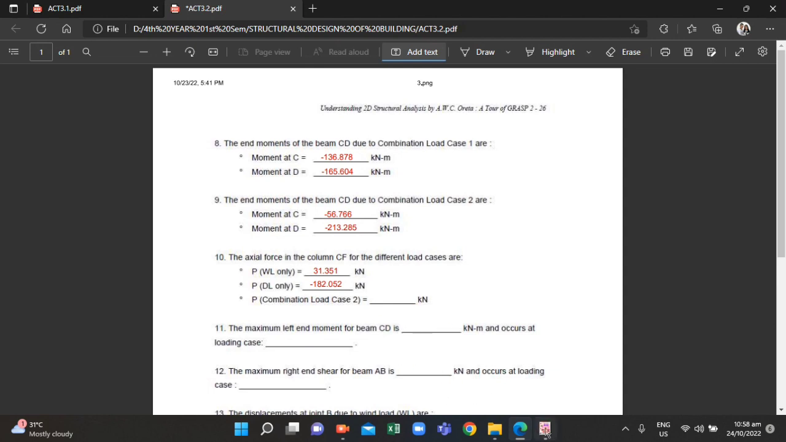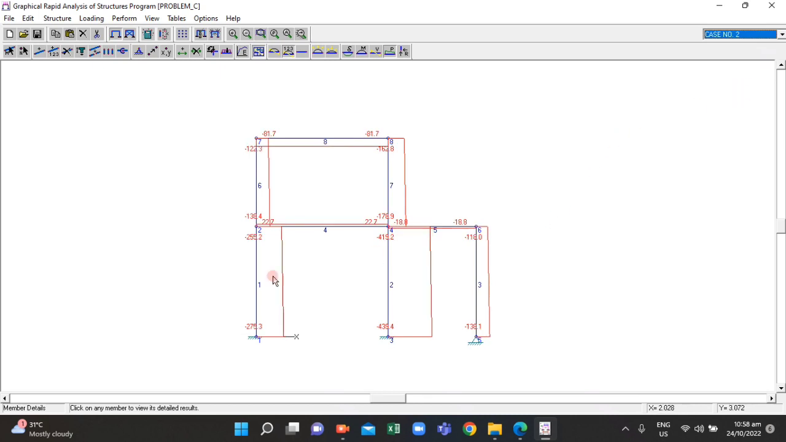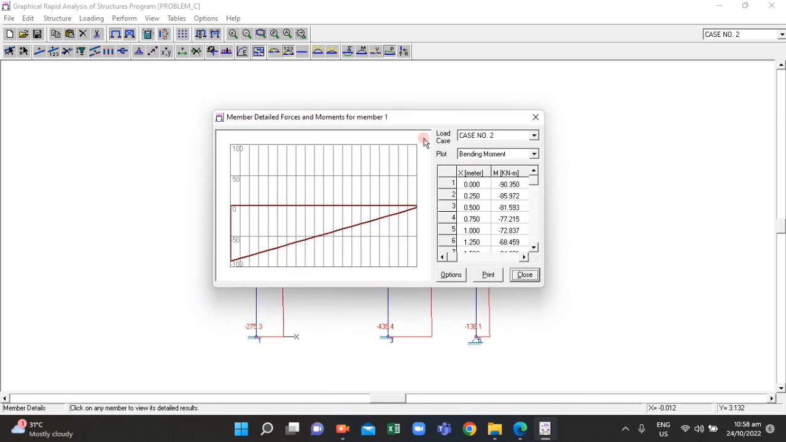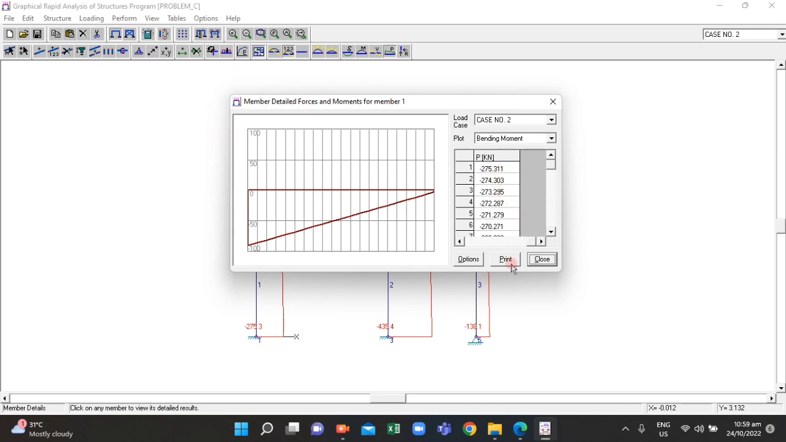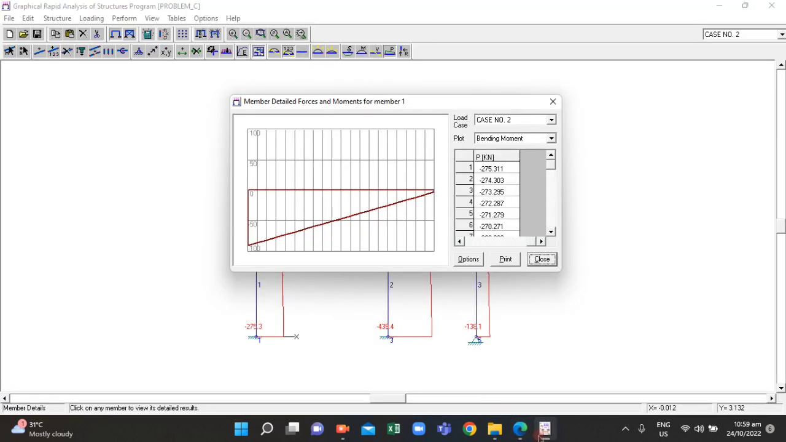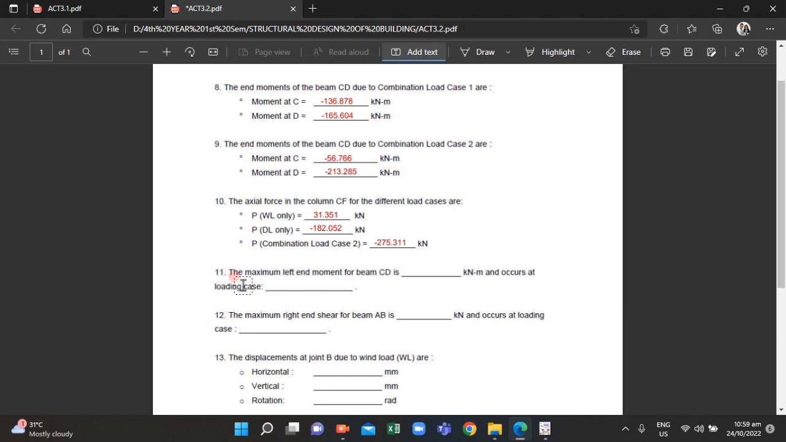And then for the combination load case 2, that's case number 2. So this is our axial force at this column CF, or member 1 in our structure. The axial force at column CF is negative 275.311. I'm gonna input it there. 275.311 kilonewton. Now let's proceed with determining the maximum left end moment for beam